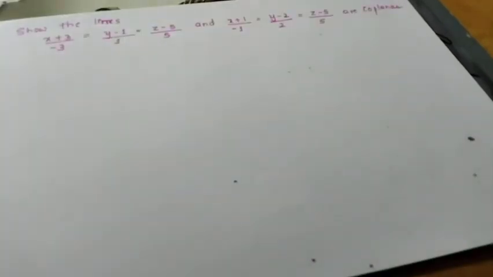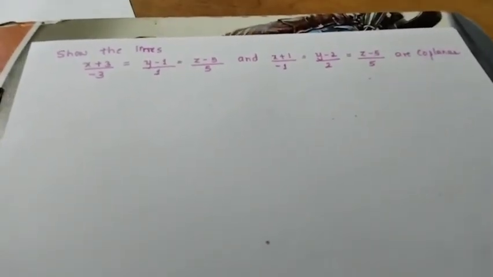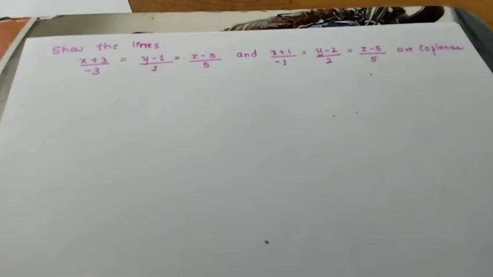So next, show that the lines, there are given two lines, x plus 3 divided by minus 3, y minus 1 divided by 1, z minus 5 divided by 5 and x plus 1 divided by minus 1, y minus 2 divided by 2, z minus 5 divided by 5 are coplanar, they have said. Okay,